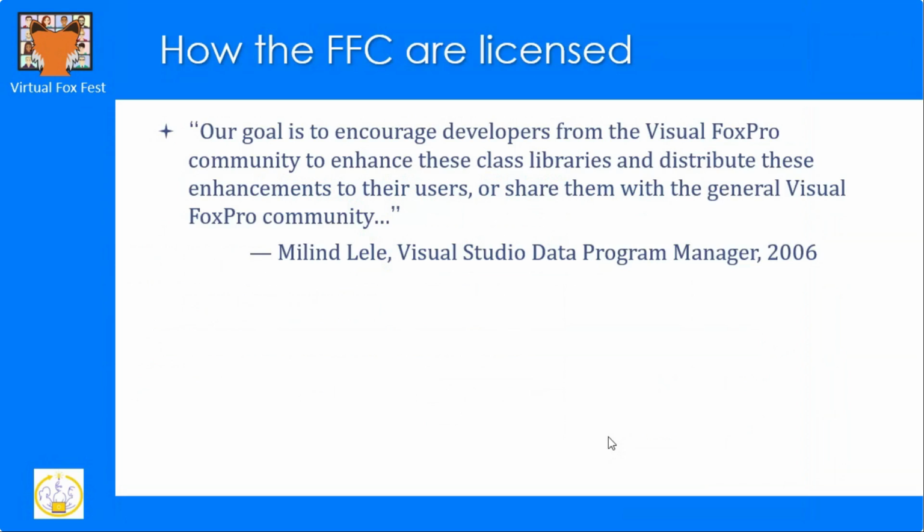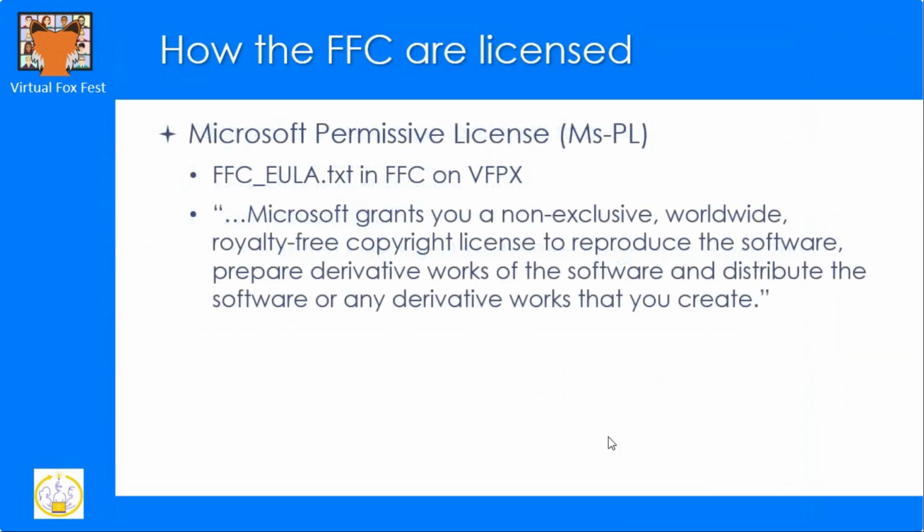So that's VFPX. And in order to do that, Microsoft created a thing called the Microsoft Permissive License, or MS-PL. As I recall, that file, ffc_eula.txt, used to be in the VFP9 install folder. I don't find it there anymore, but it is in the FFC project on VFPX. So if you clone or download that project, you will get the full text of that license, which in part